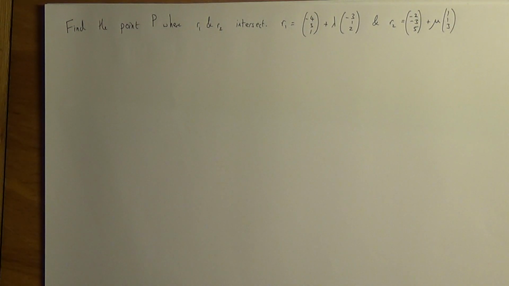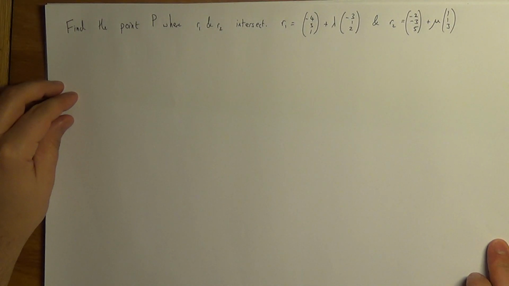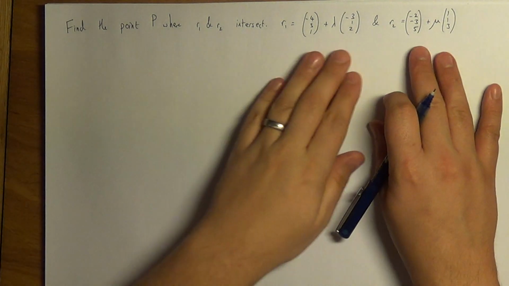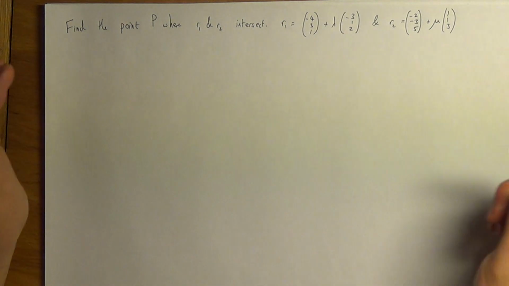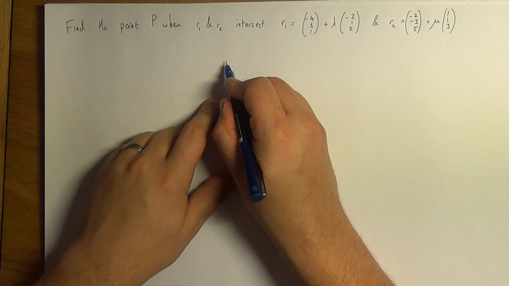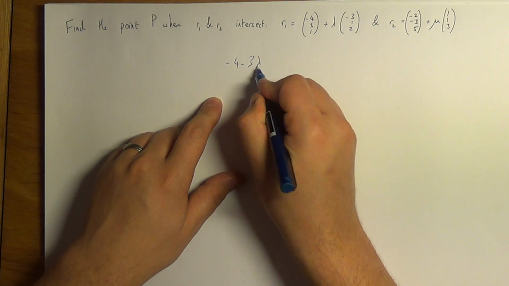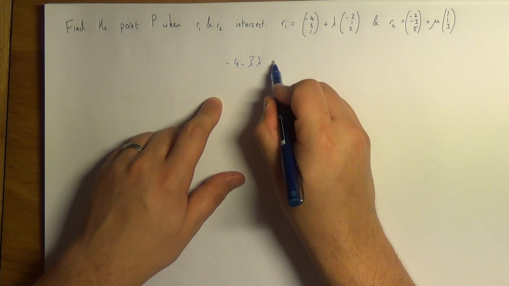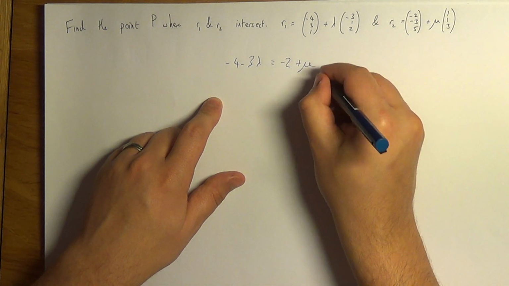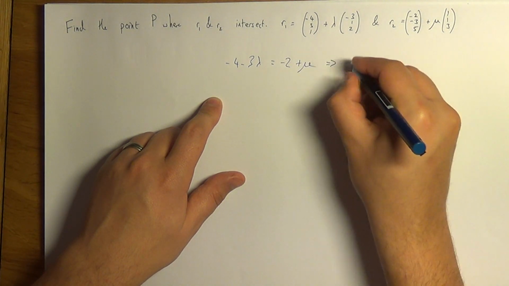So I've got another pair of lines here. I thought it might be fun to see where they intersect. So we're going to do the same set as before, compare x components, compare y components, and see what happens. So x, we get negative 4 take 3 lambda equals negative 2 plus mu, which we can rearrange to get